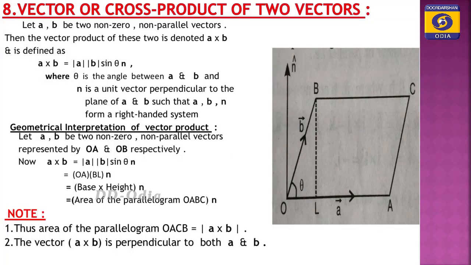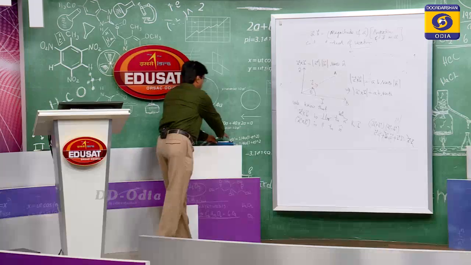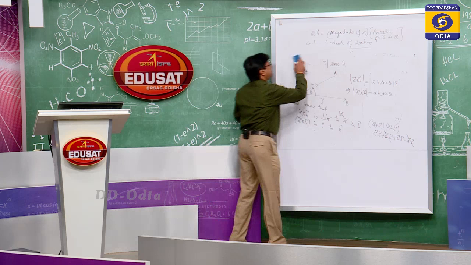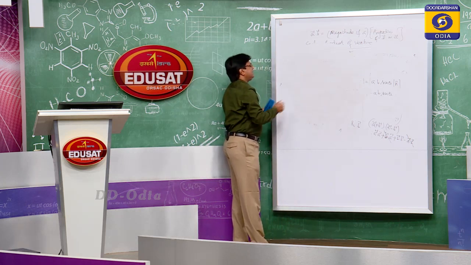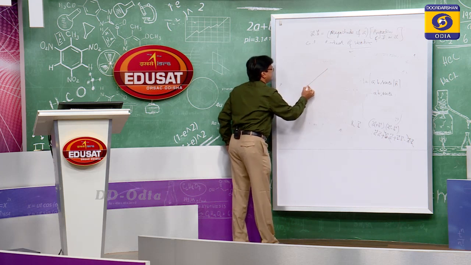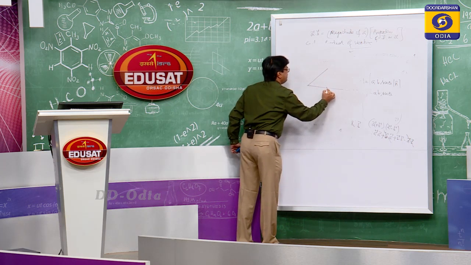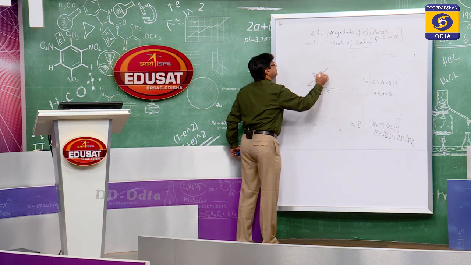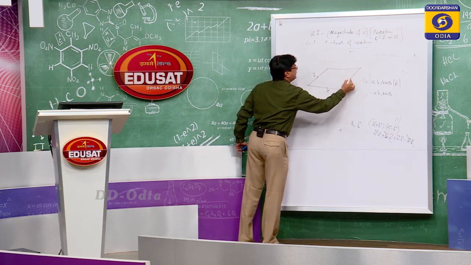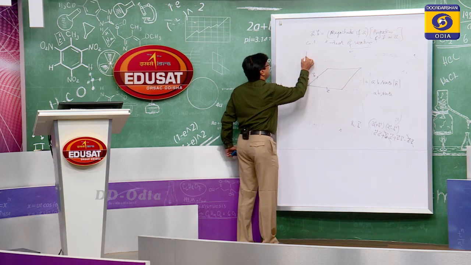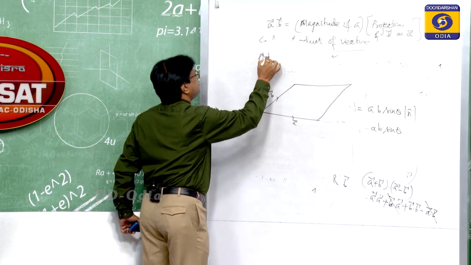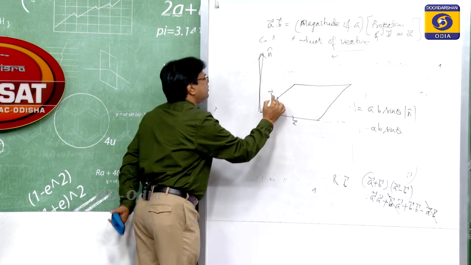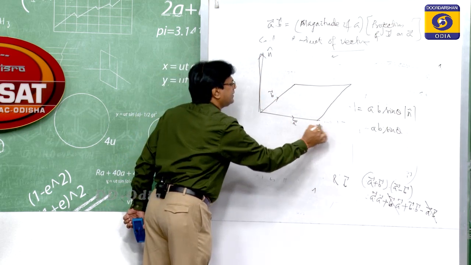Now, we will start the geometrical interpretation of vector product. So, what is the geometrical interpretation of the vector product or cross product? Take two vectors, suppose A vector and B vector. Now, we draw a parallelogram. This is your n cap. So, this is your vector A and B,